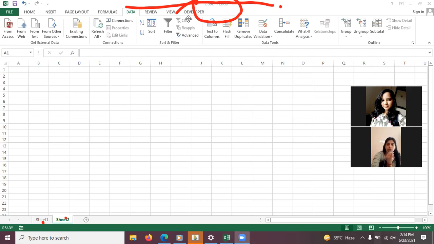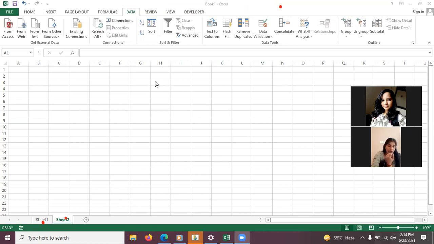So the first bar is the title bar, which shows the title of the workbook, which workbook you have opened. Similarly, you have the minimize, maximize and close buttons in the top right corner of it.